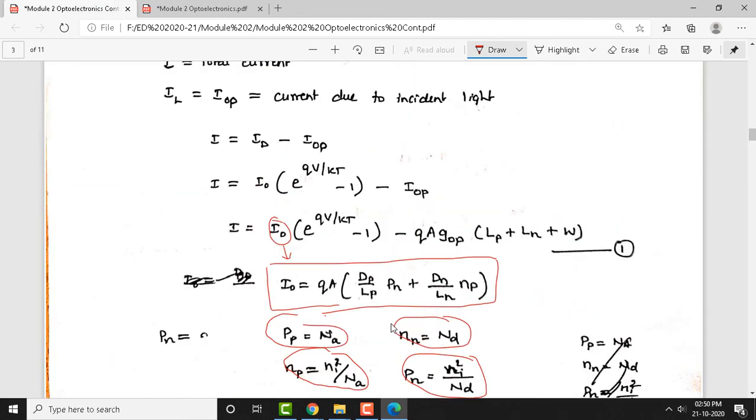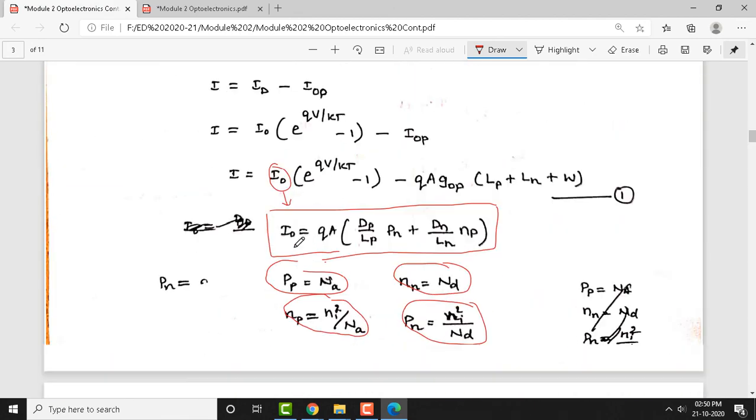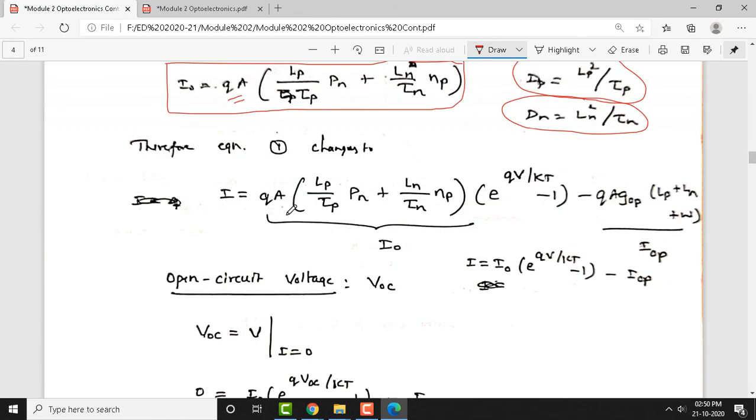Okay. So, same equation is written here under this. If you look at this equation 1, this I naught we have substituted here, the same equation you can see here. Okay. And the optical current remains same here. Okay. So, with this I will stop here. Next class I will continue with this